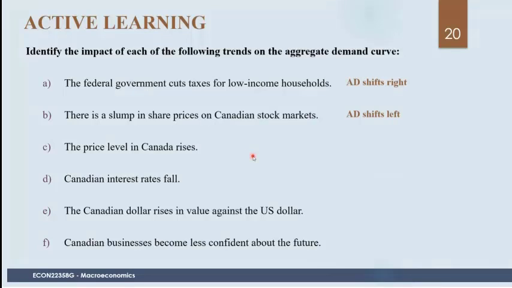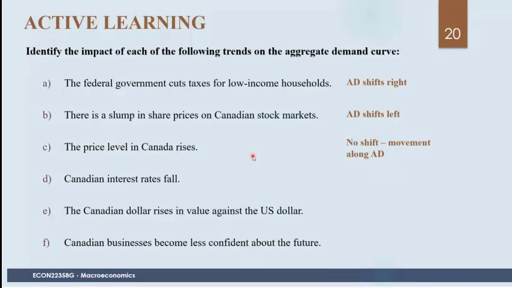But here we're just talking about a wealth effect. We're just saying that people are probably going to be a little more thrifty because their wealth effect is lower. But the change here is not from the overall price level. We're just talking about the value of the assets themselves, so the nominal value of the assets have fallen. What if the price level were to rise in Canada? How would that affect the aggregate demand curve? Okay, well, there would be no shift of price levels on the diagram, so that would be a movement along